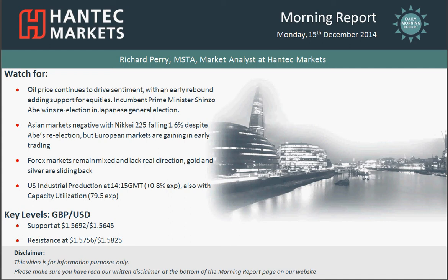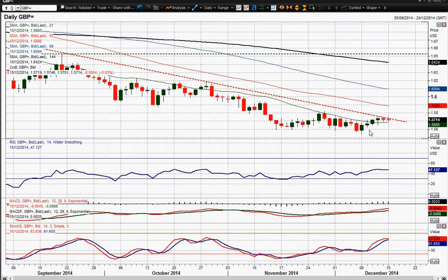Let's move on to cable now, and the cable chart, although it has had this rebound, just like euro dollar, it hasn't actually broken that downtrend yet. So again, you are just still in this bearish recovery phase, and the outlook remains negative, and trading below that 58.25 key reaction high on this chart means that we're still in this sort of